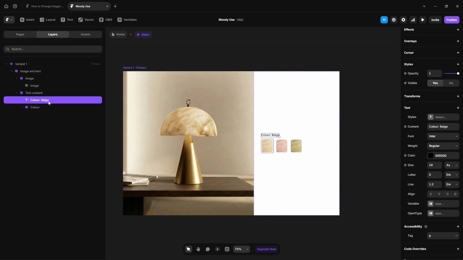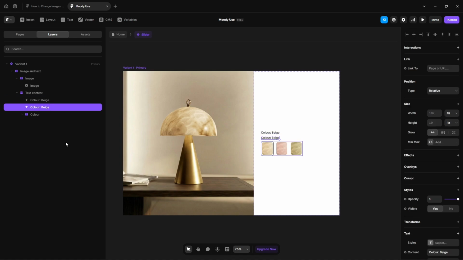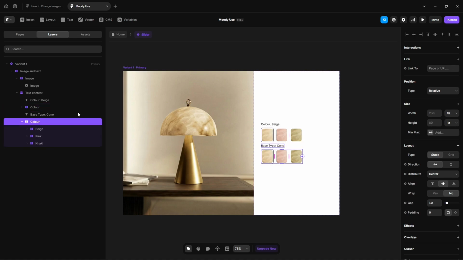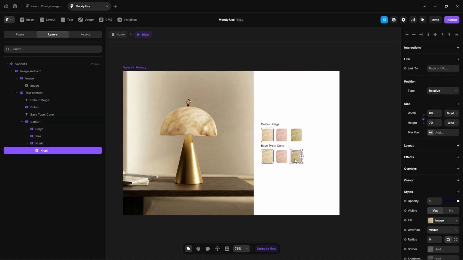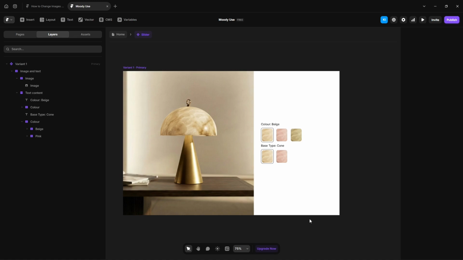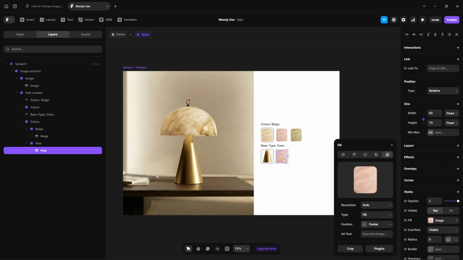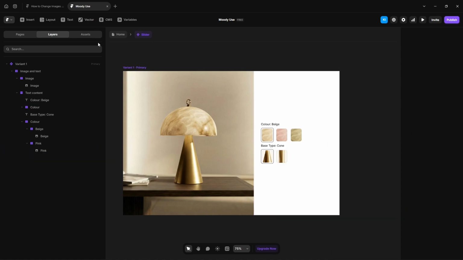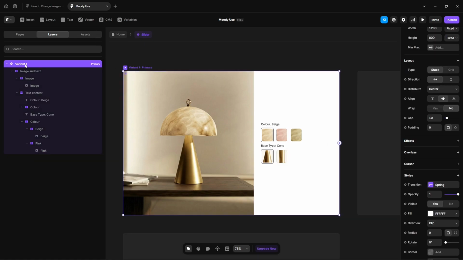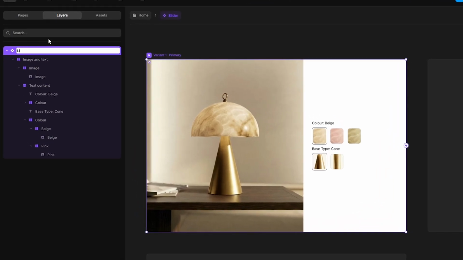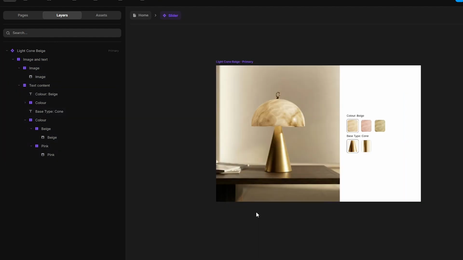Then duplicate this by pressing Ctrl+D, position it at the bottom, change the name to, again duplicate this, position it here, click here, delete this, then update the image. Also rename this variant 1 to light, the base type is cone and the color is beige. Add text, type this text, C dimension,